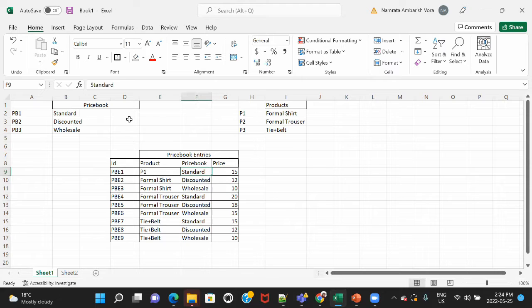Price book is, let's say, the standard one. So I'll say PB1. So in the backend, we have it like this. The ID of the records gets stored. So now, because these entries are for formal shirt,